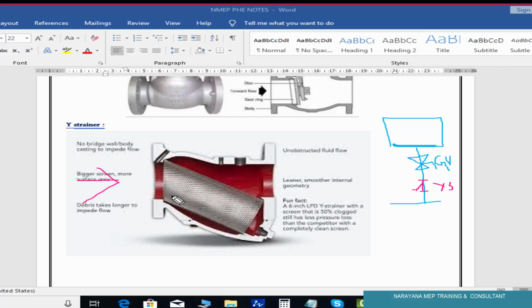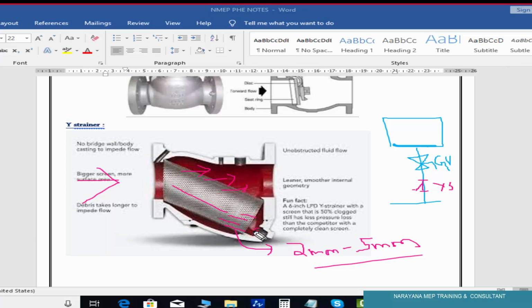One mesh is there. You can see, no? Some 2 mm to 5-6 mm, it comes based on requirement. So what will happen? Any garbage that comes will be collected here. So only water will flow from here. Garbage will settle here.